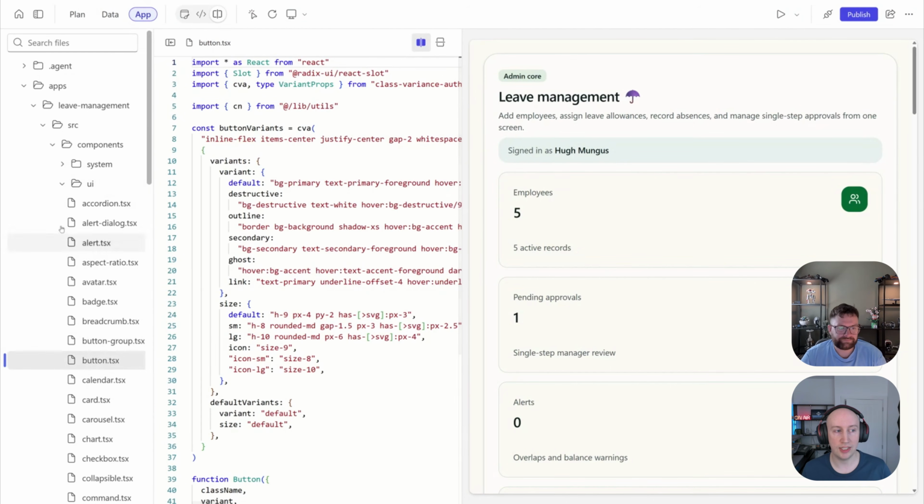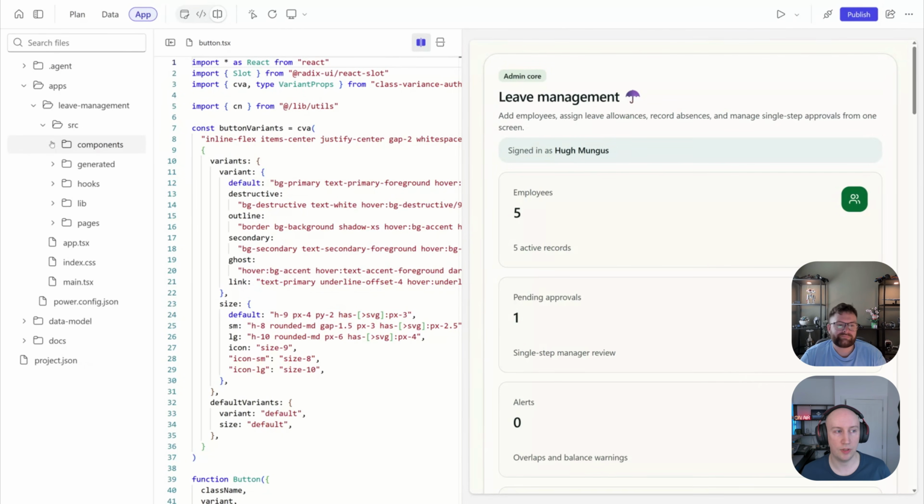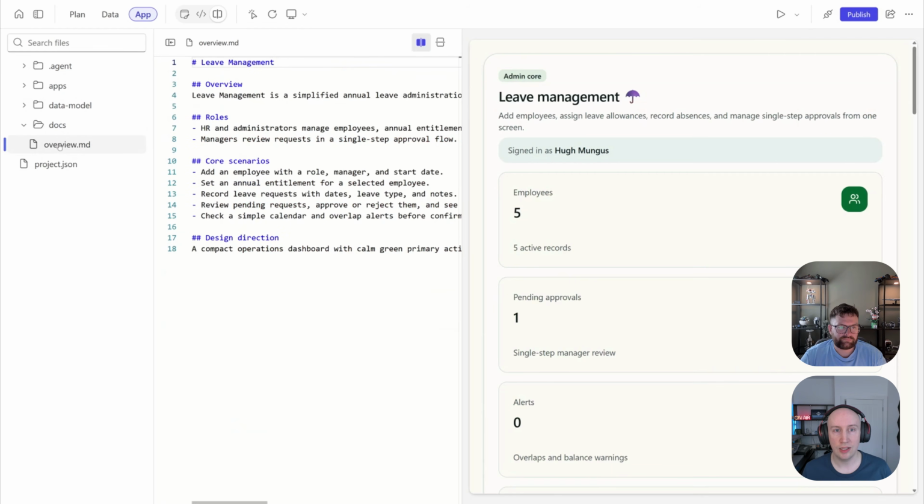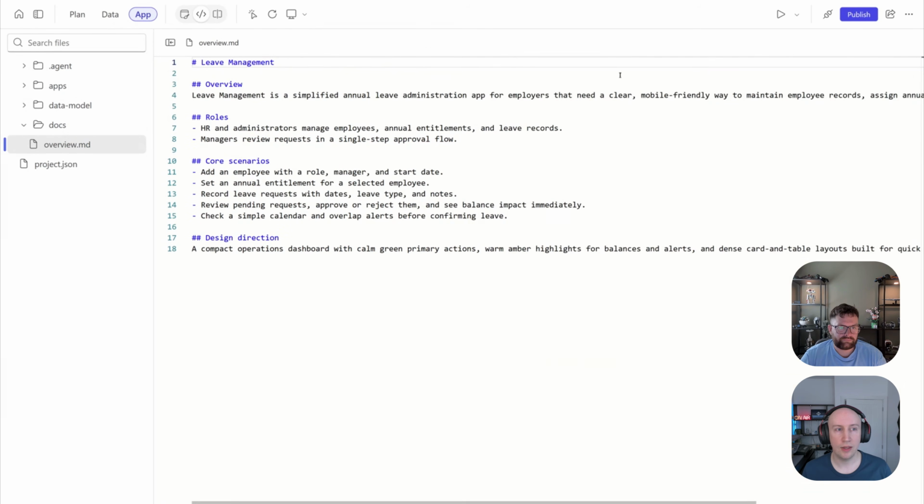So you can understand there that to build the interface, it's using components. And these are components just like you would use in a Canvas app, if that's what you're used to. But we also have things here like docs. So if I click on docs, then they still don't yet have a preview for the markdown here, unfortunately. So it's not the nicest display of it, but essentially it's a markdown file that explains some of the details